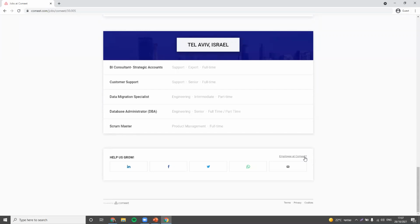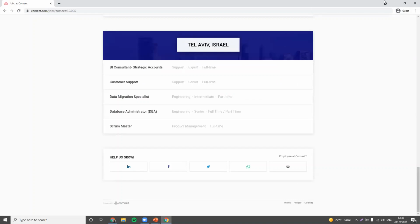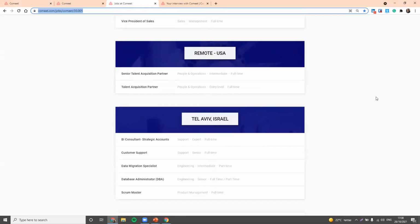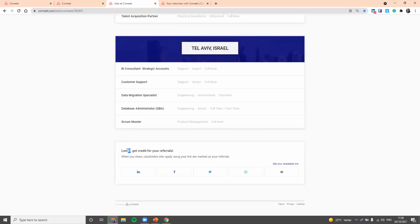And as a company employee, all I'll need to do is click here and do a one-time login. I'll write in my full name and my work email. And according to my email domain, Comeet will be able to recognize that I am a company employee and set up a source card for me. Once I log in, what I'll see here at the bottom is a personalized message with my name. It'll identify me as a company employee, offer me to get credit for my referrals,